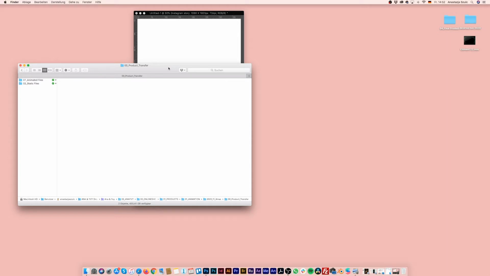Just to make it clear for those of you who are new to this kind of animation, you are not able to prepare the animated files on iPad or iPhone. Of course, you can use the static files on your iPad if you have, for example, Adobe Illustrator or Procreate.